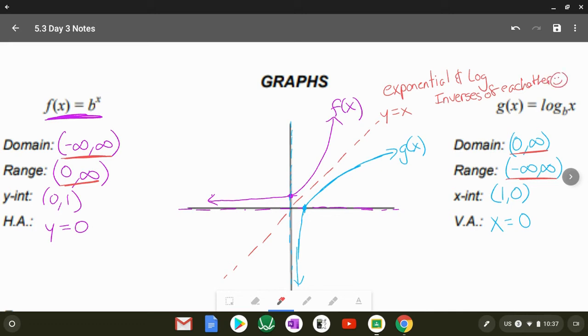I know it's written a little messy over here, but that's what we need to know. So the exponential functions and the log functions are inverses of each other,